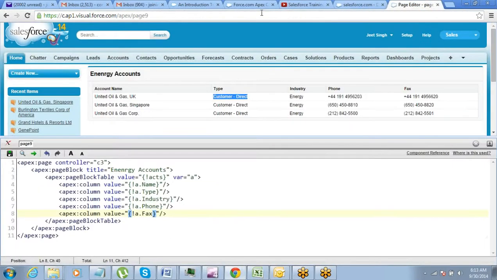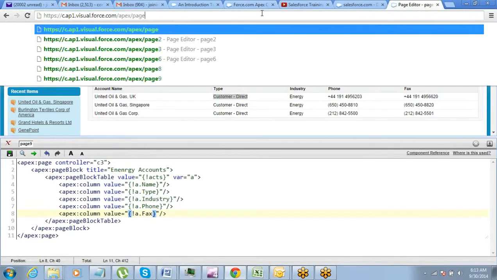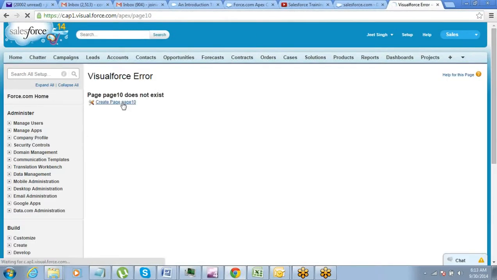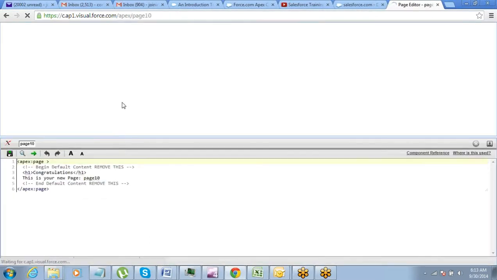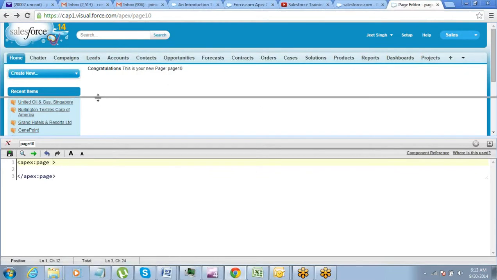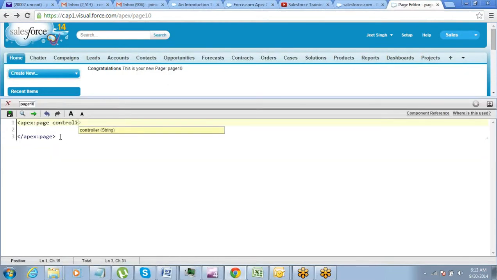Now when you call this on the Visualforce page, initially it will not have any value. I'm not copying the code so that you can see me typing and it becomes easier for you to understand.